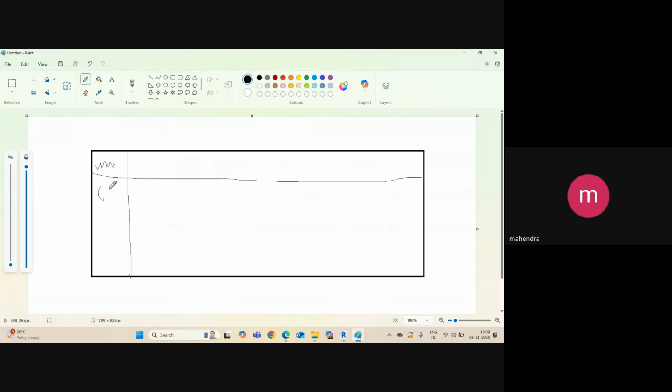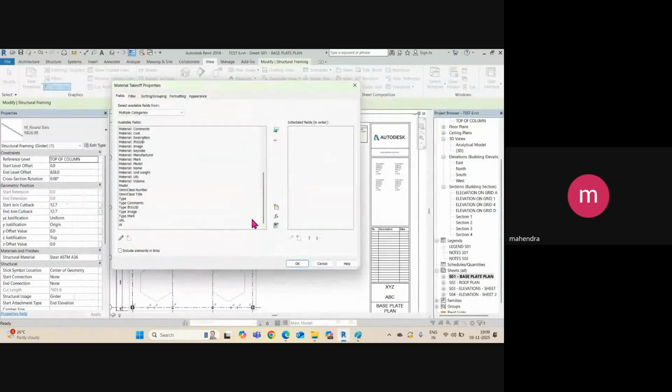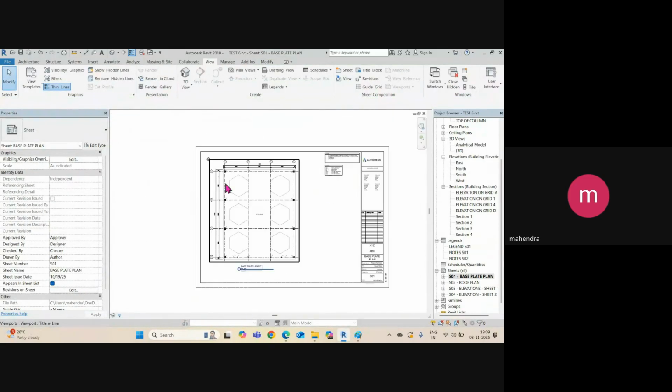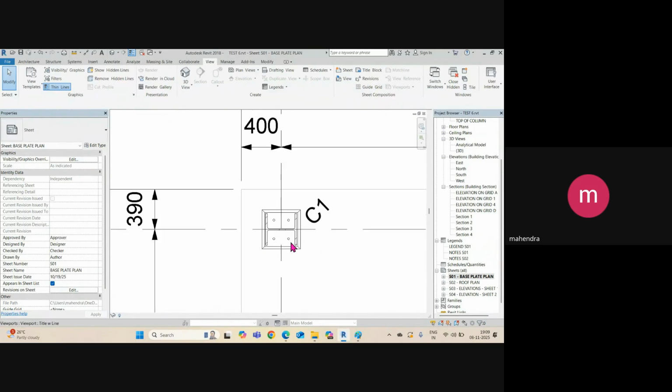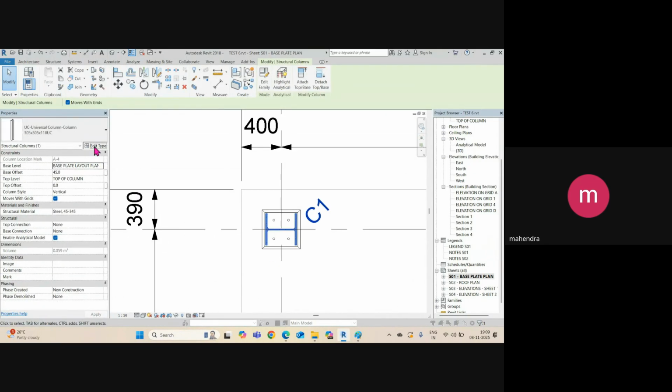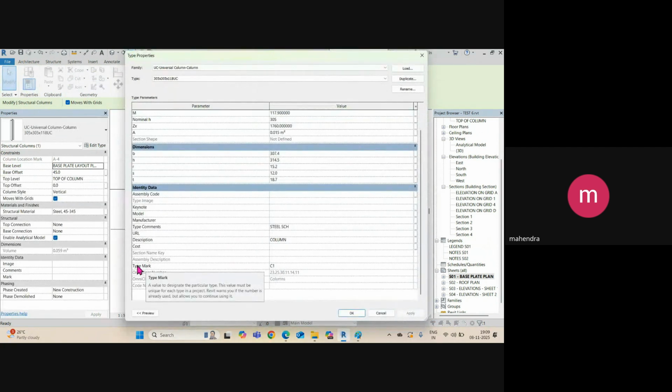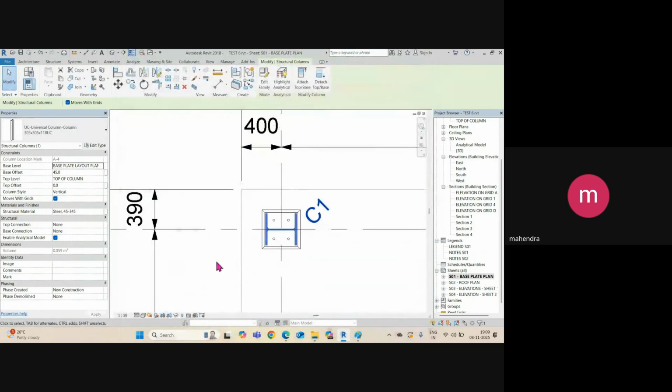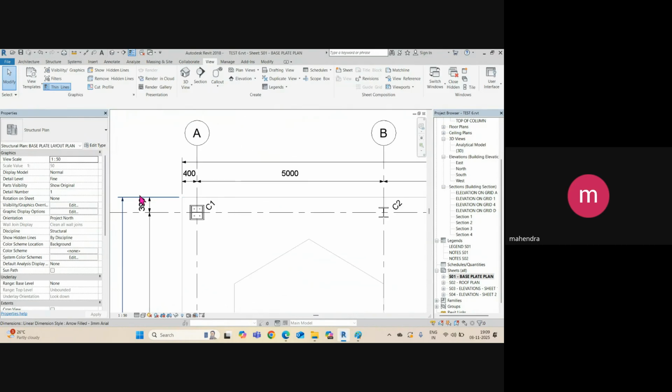Mark is C1, C2, whatever. Then here size. So what is the size for C1? You can add here. And then here comments. So this type of tabular form we need to add. First of all, you need to add here type mark. Why? Because these three fields we need to cover here. For example, if I click on this column, I want to add these three fields: type mark, description, and type comments. With the help of these three categories, we can create a schedule as per